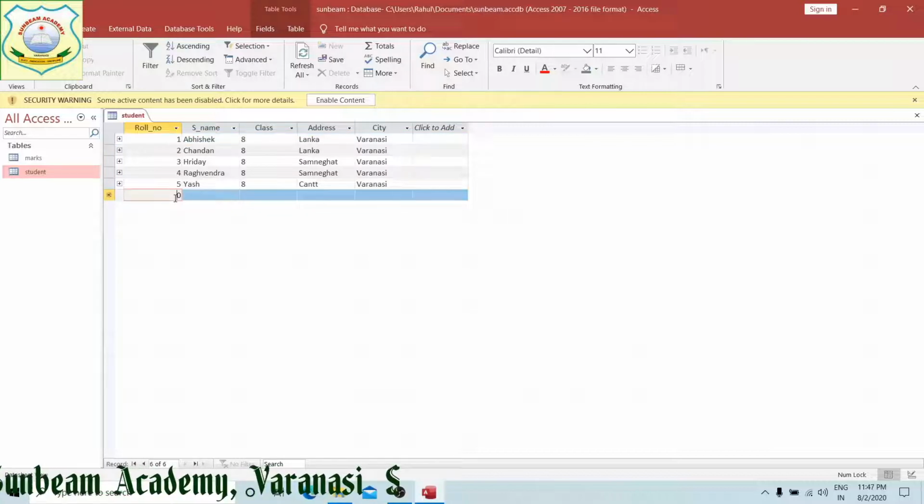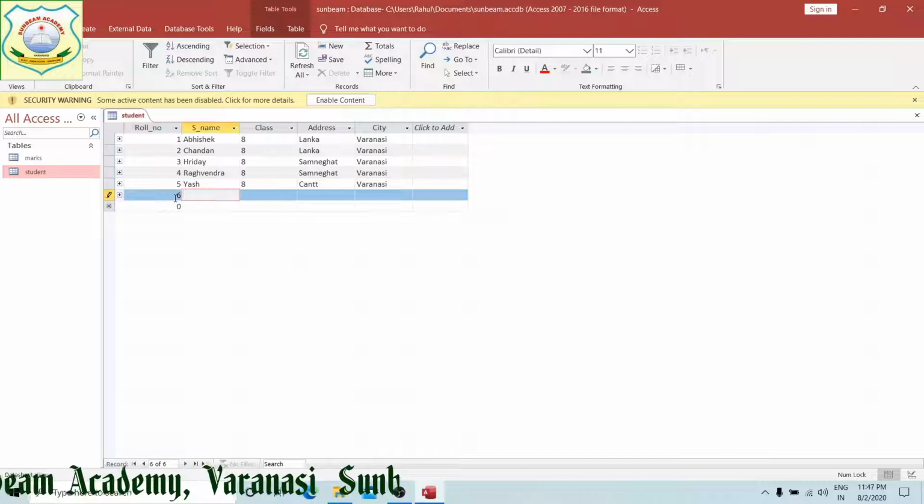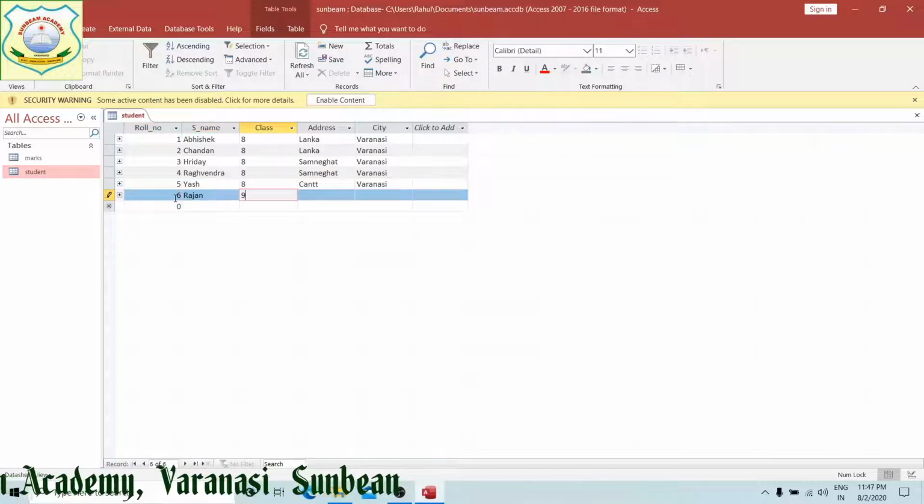This is roll number 6, Rajan, class 9th.